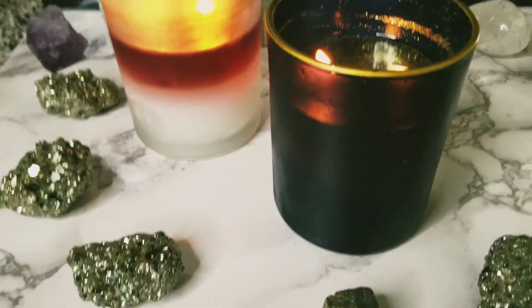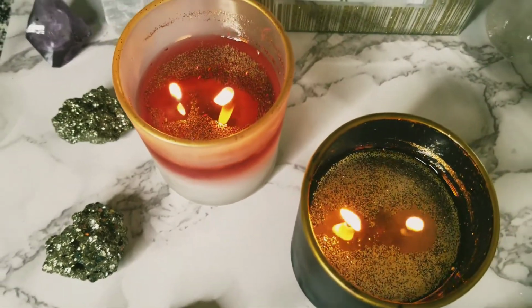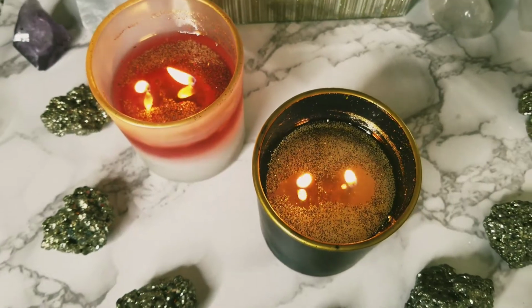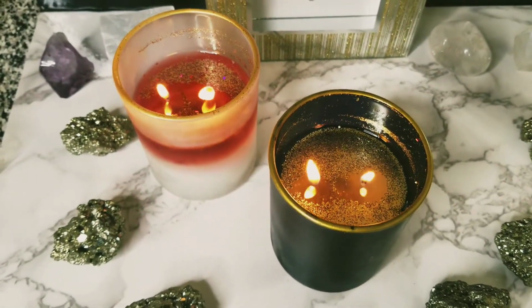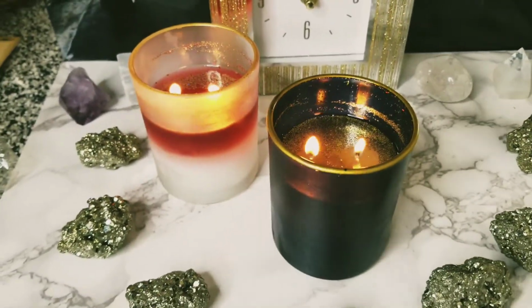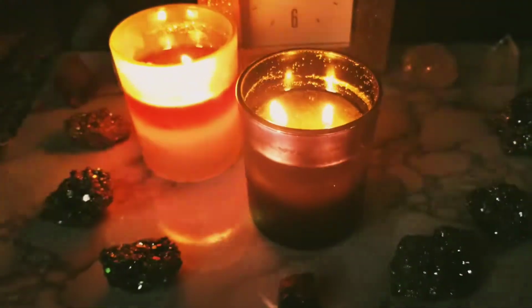I think the LX10s are not really curling. They're kind of just staying straight. So I think that's kind of contributing to the flame being kind of large. But then again, I don't know what I'm talking about. That's just my observations and my guesses, okay? So, anyways,